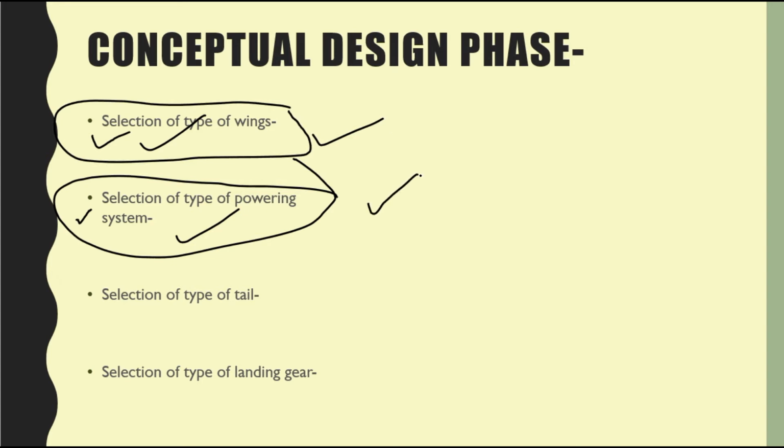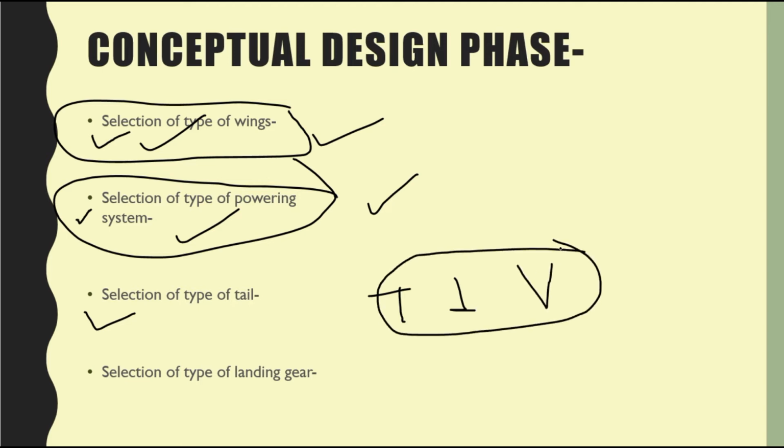There are a lot of things that need to be discussed in the conceptual design, such as where should be your payload, and how you are going to lift it. Then again, different things such as how your landing gears will be, like they will be retractable or fixed. So these many things that we are going to discuss. Then again, the tail type, that is, you're going to use a T tail or simple tail, or you're going to use a V tail. I'm not mentioning the pictures over here, because they are quite available on the internet, so you can just search and find them anywhere.